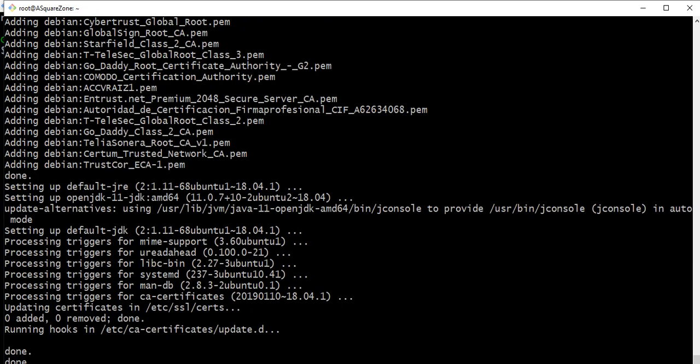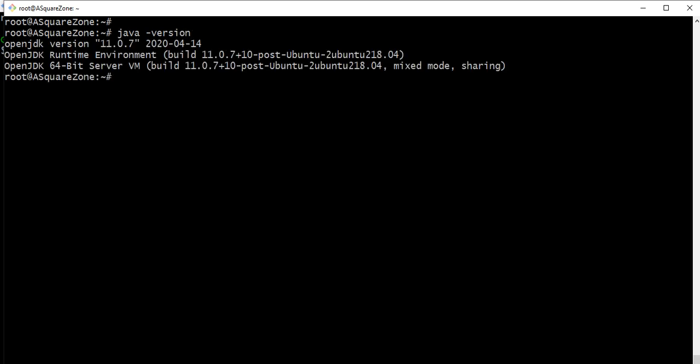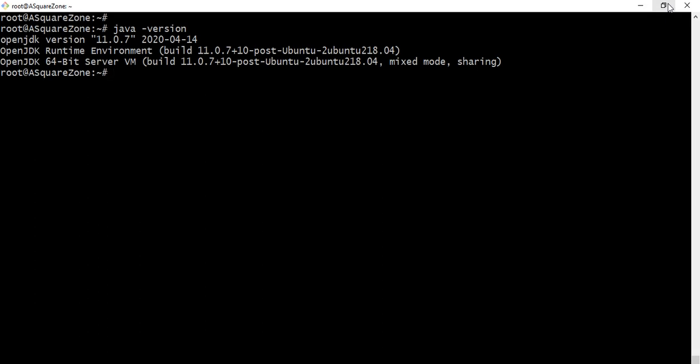So it's done. Now we will check which version of Java is installed on this server. See here, it is showing OpenJDK version 11.0.7. Now it is ready to install Maven on this server.